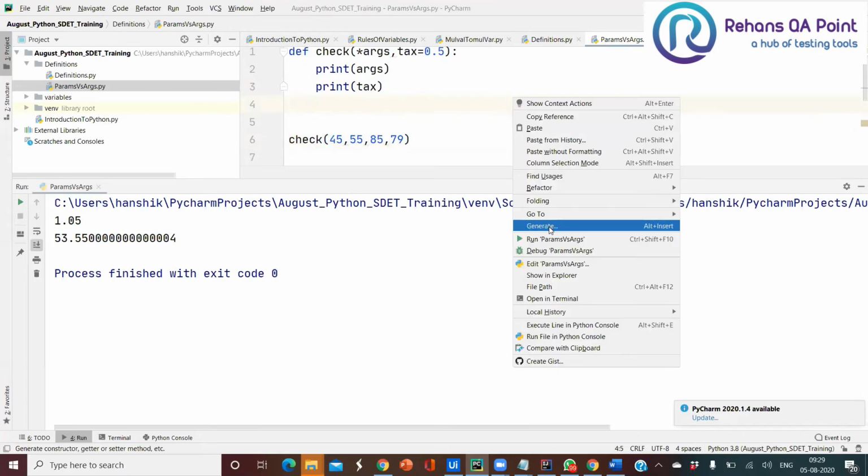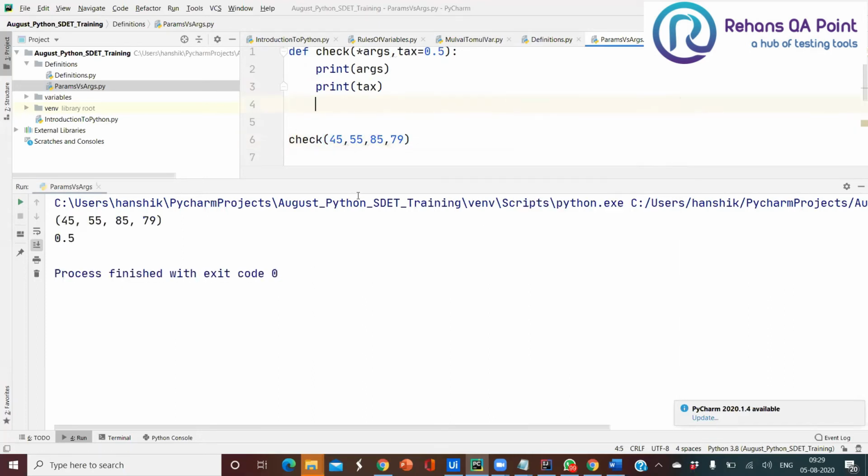Now see, the entire args is going to take whatever values the user sends. So the entire thing is taken care of in your args. And the tax value that the user sends will always be nominal here.